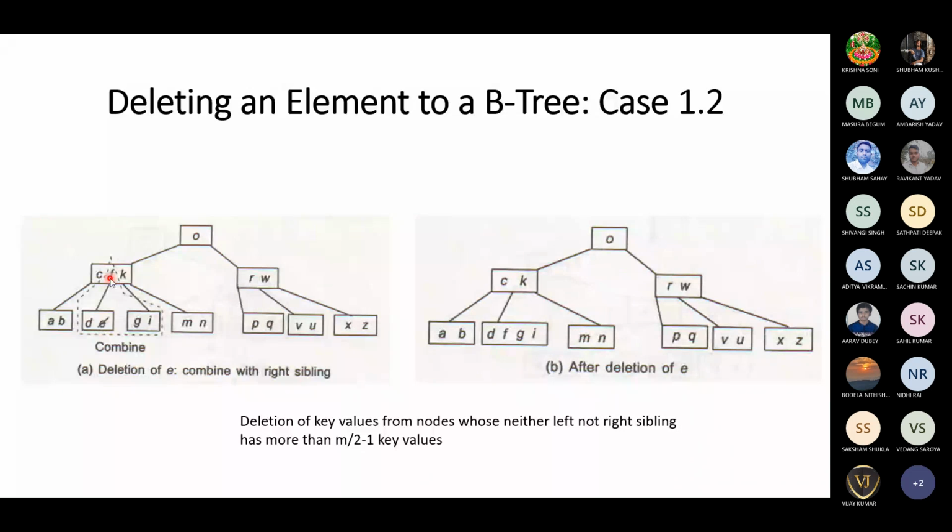Yes, sir. And the immediate right sibling node GI, you will club DF GI. That's what is happening here by removing F from the root node. Now F will become again the child node.